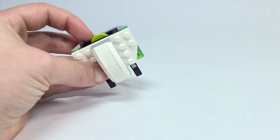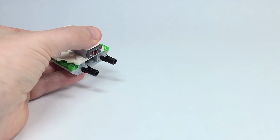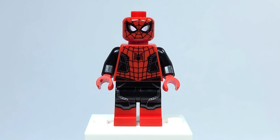But you see in the back here, it actually has a disc launcher, so pushing on the back, it'll actually launch out a green 2x2 round disc, and there's actually 3 included in the set, so 1 to store inside and 2 extra ones. So here is the new Spider-Man suit,